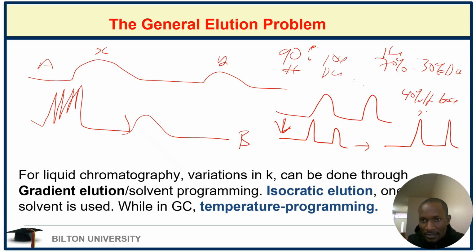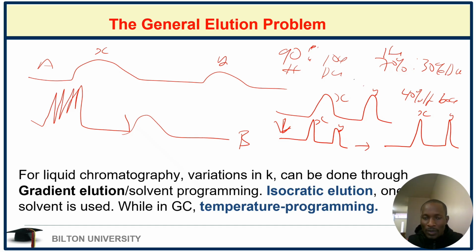So this is our X, Y, this is our X, Y, this is our X and Y. So you can see that just by changing the solvent system, you can have a good separation from whatever you started with here. So once you have noticed a general elution problem in your chromatogram, then as an analyst, you need to play around with the parameters